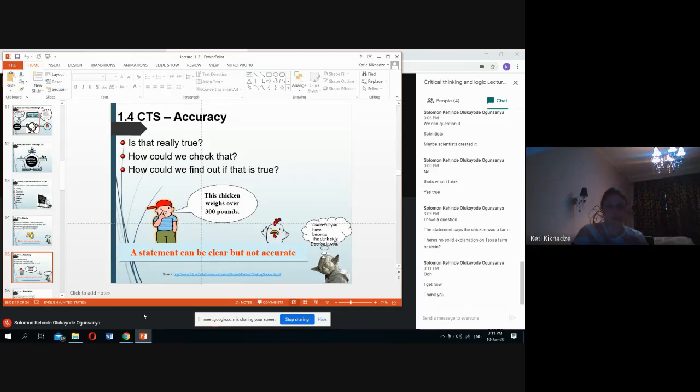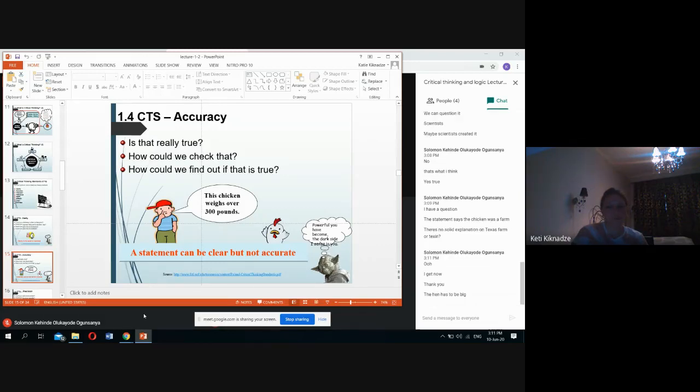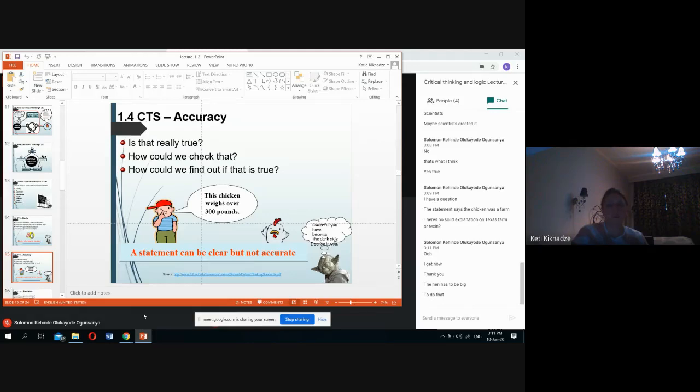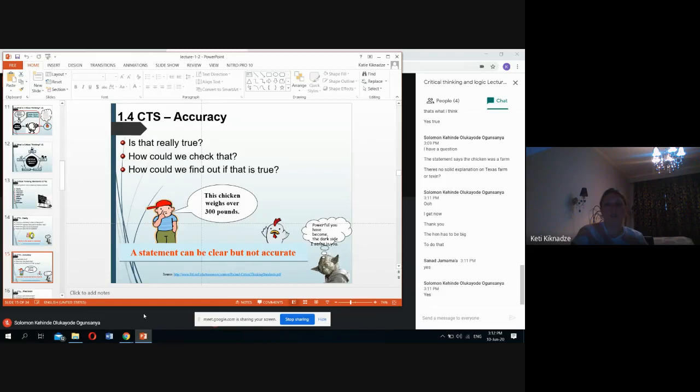Anything else, Solomon? So now answer my question. Is it physiologically possible for a hen to lay a ginormous egg? The hen has to be big to do that. Like really big. And there is no explanation on the hen. So if it was sensational news, we would have already known about this huge, absolutely gigantic hen